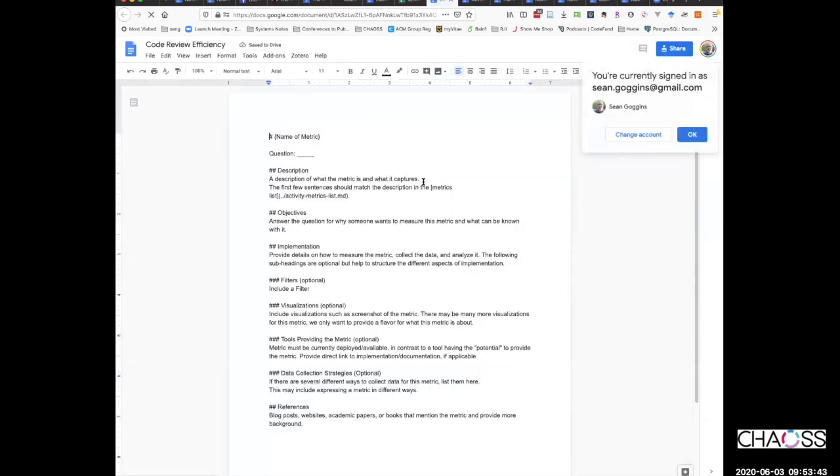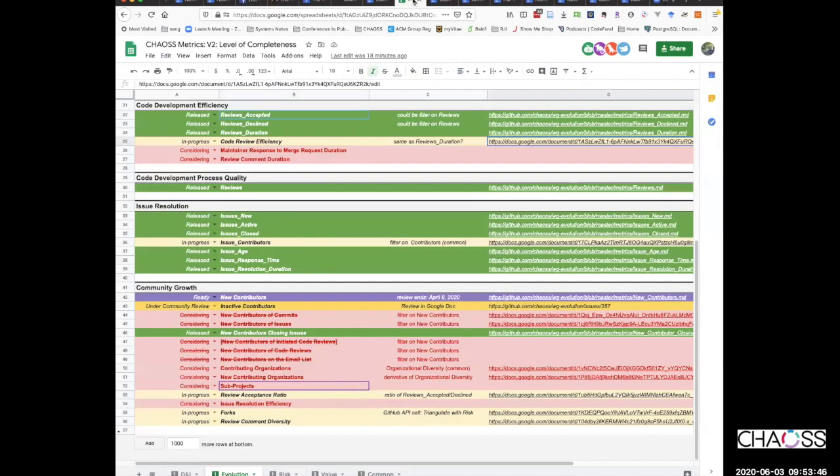I do believe it belongs in review acceptance ratio because that's a big thing it can do. It can tell us the efficiency of the process. Are they now the same metric at that point, just for different purposes? They could be.